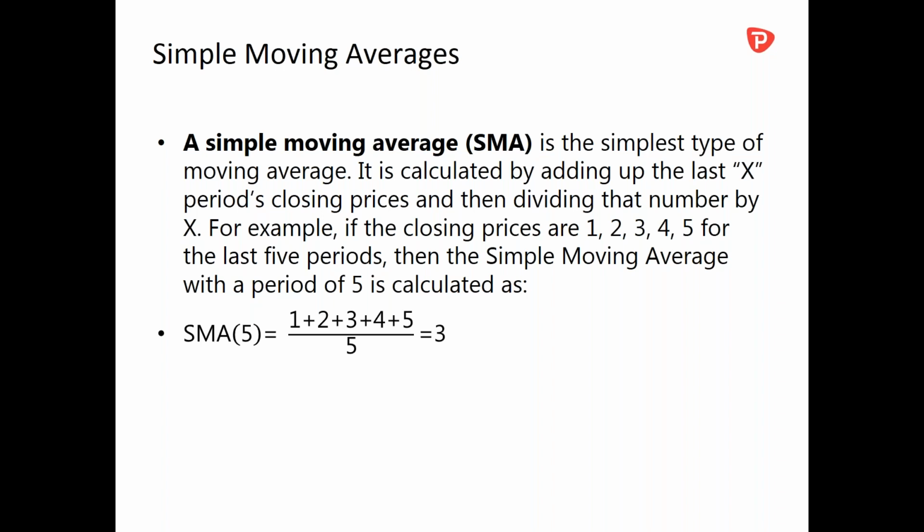Okay, so for those who don't know what a simple average is, it's the most simple of the moving average calculations. So if we can see here on the slide, it basically adds up the period that you're looking at. So if we're looking at an SMA of 5 here, we're counting up the close of the last 5 candles and basically dividing them by the number of the candles that we're looking at. Okay, so what we're doing is if we put in a 10 or a 15, that's the moving average that